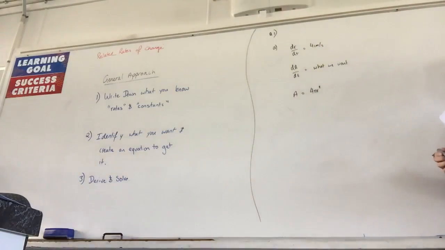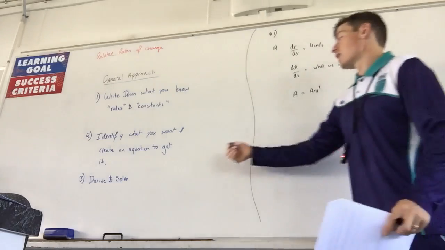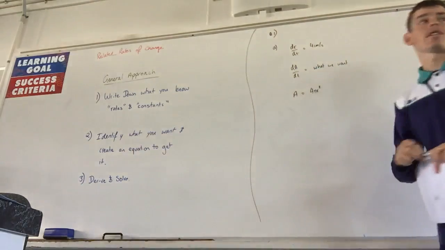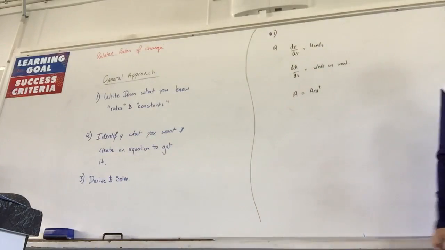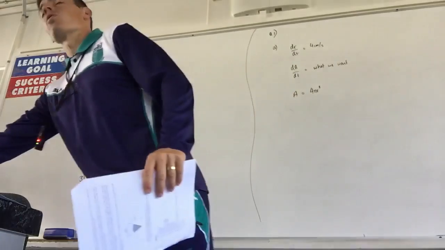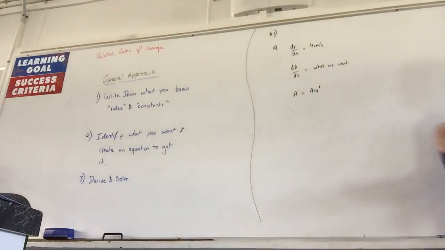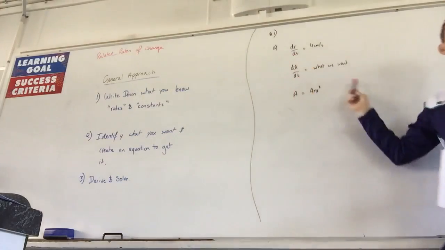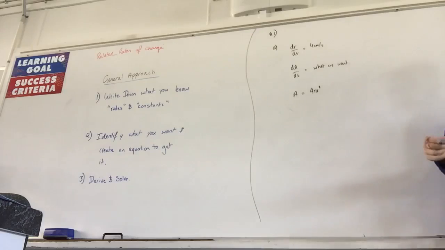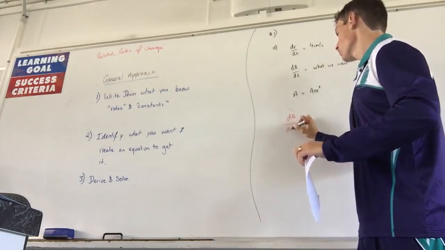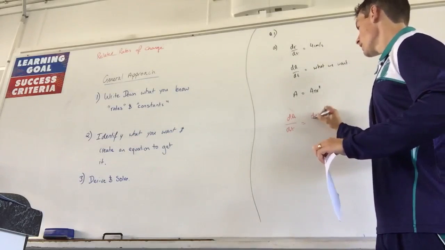Now, is there something else we can get out of that information? So now we need to identify what we want and create an equation. What do you think our equation is going to look like in this scenario? What do we want? We want dA/dt. Is there a way we can get dA/dt with dr/dt and this equation? Chain rule. What's the chain rule? dA/dt equals dr/dt times